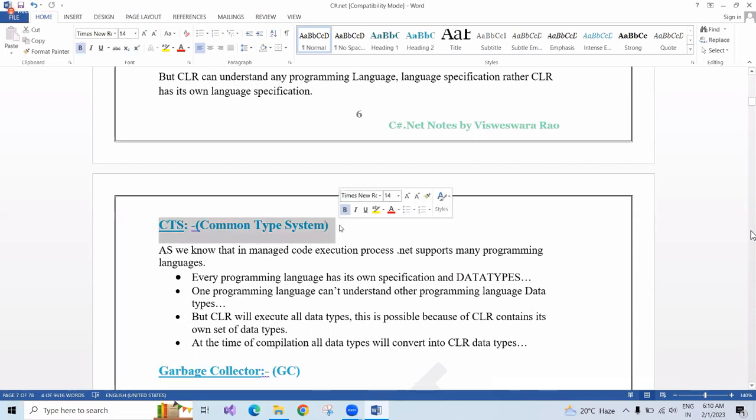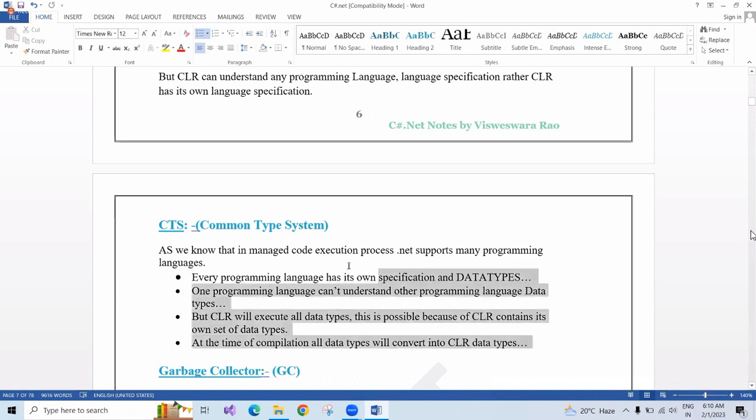Digits should be accepted as integers only. Only decimal digits should be accepted like this. A single quotation character should be accepted as a char only. The CTS specified this. So if we give something wrong, as shown yesterday, it will throw an error. That is CTS. Now the most important, garbage collector.